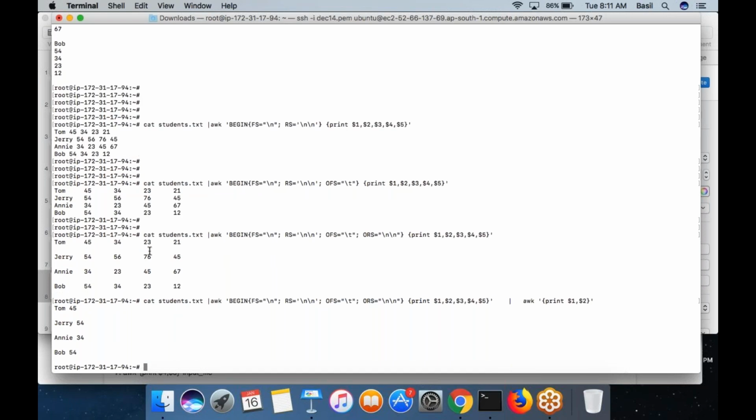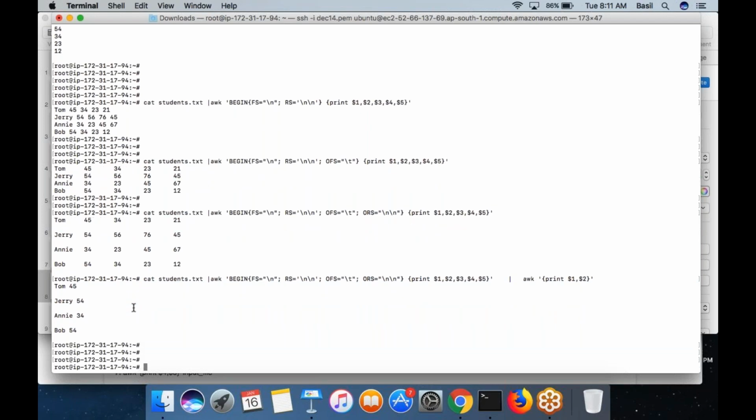Again, by default, the output field separator is equal to space. The output record separator is also new line, not double line, because the input already has empty lines. That's why. So like this, I can customize my output.